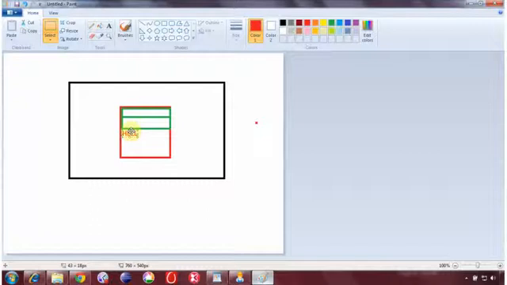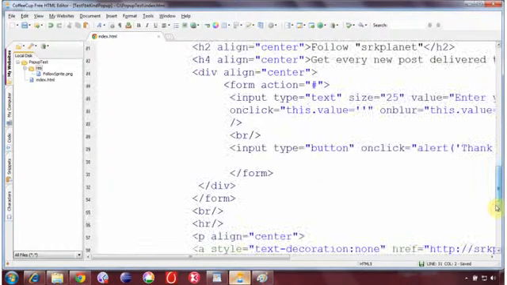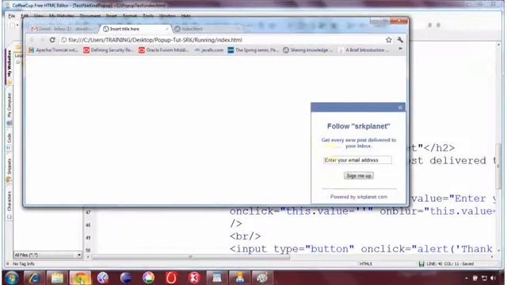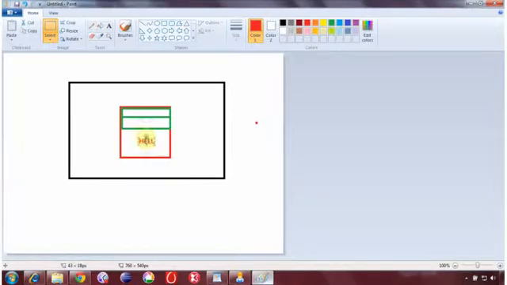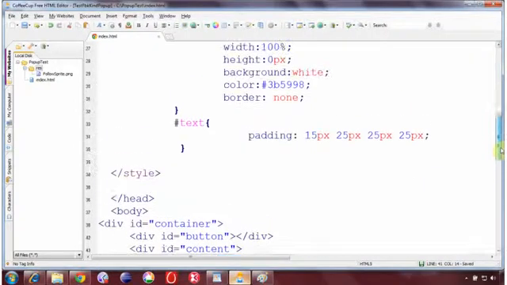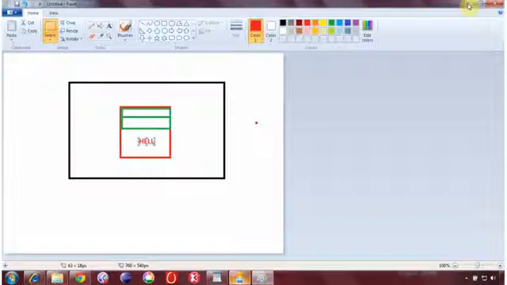Now to leave some margin, or not margin exactly, the padding is the area, the inner area from the inner wall of the container for the text. For the text I am specifying, this text is nothing but a div layer named text over here. You can see I created it in such an order that container contains button and content, and content contains text, and this text layer needs some distance from this content area as well, from top, left, right, bottom. So here, what exactly I am specifying, the property for this text tag is just the padding 15, 25, 25, 25. Now let me explain.